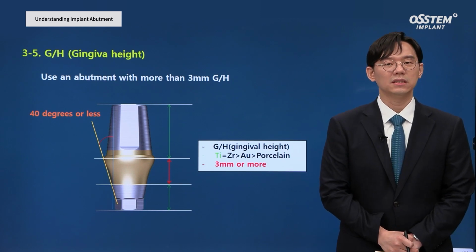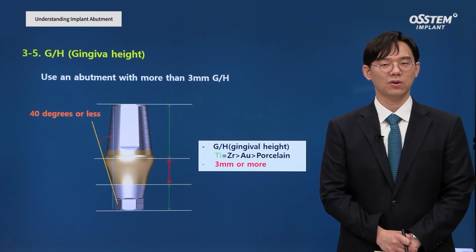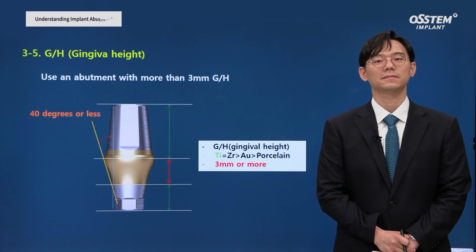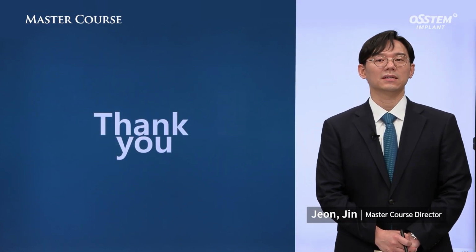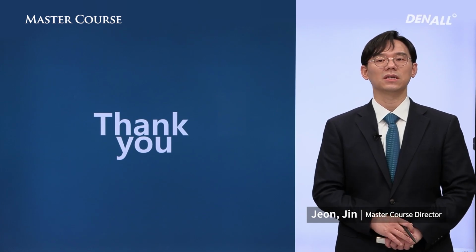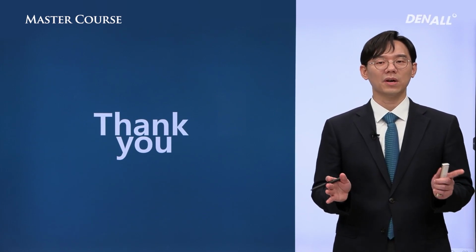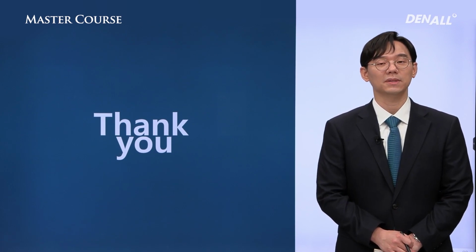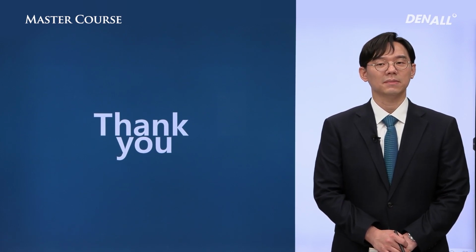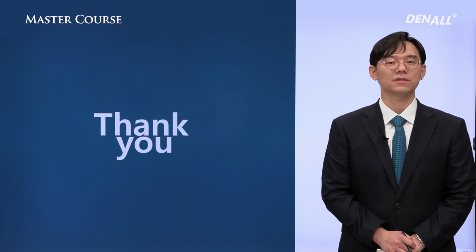If the implant placement has been done properly, then you will not use a gingival height of 3 millimeters or below. I've talked about implant abutments thus far. Once implant and abutment are connected, they have a very significant role in the long-term implant stability and alveolar bone and gingival health. More specifics will be addressed in the master course